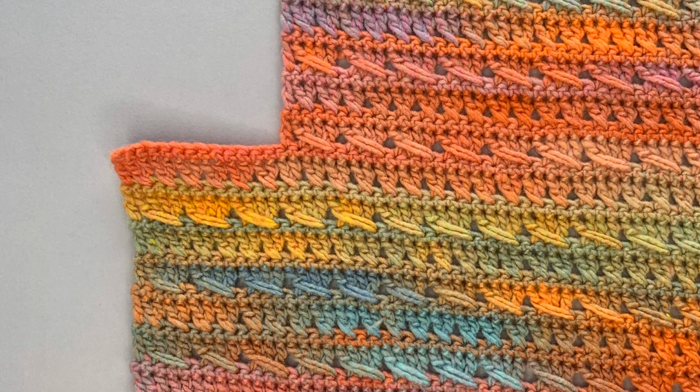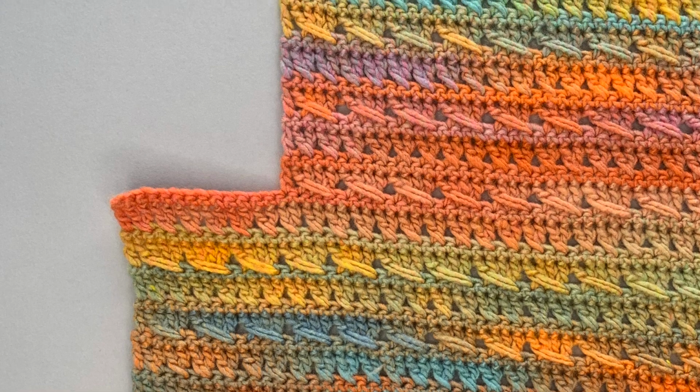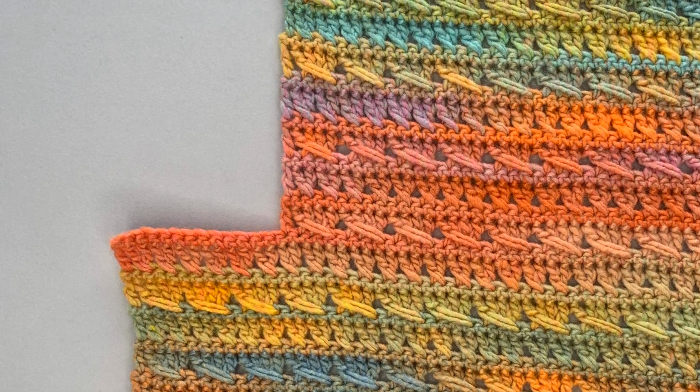Now, the stitches that are being used in this cardigan are the crossed double crochet and the cable stitch, hence the name of the Cable and Crossed cardigan. How inventive. The reason that I chose these stitches way back when is that it gives you a very slightly open fabric, but it keeps it warm because we're using a heavier weight yarn, and it gives you a very light texture,